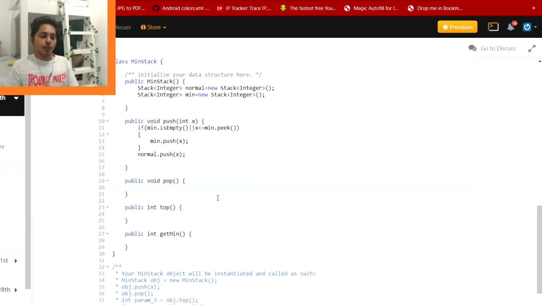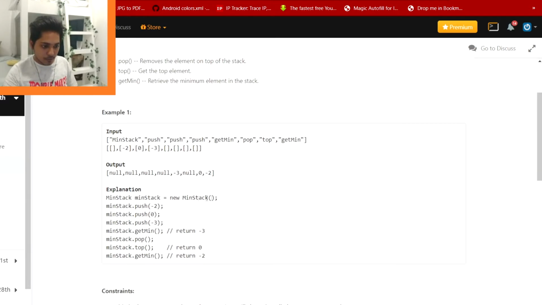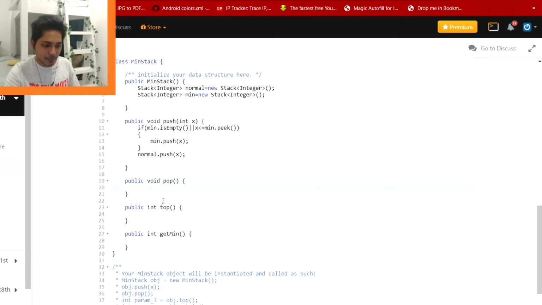And in pop, the same thing: for example if -3 was the minimum element and was at the top, because whenever we do the pop, the topmost element in the stack will be removed, right? So if the topmost element was the minimum value, then we need to remove it from the minimum stack also, right?